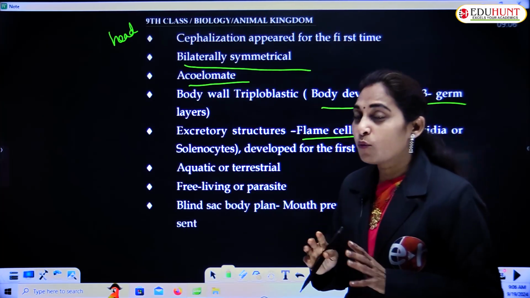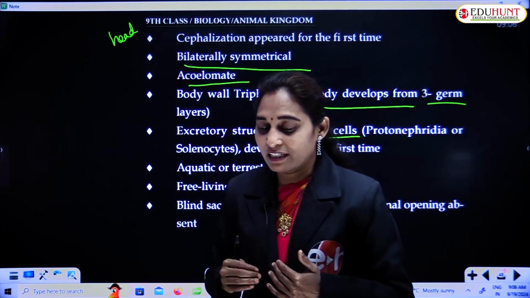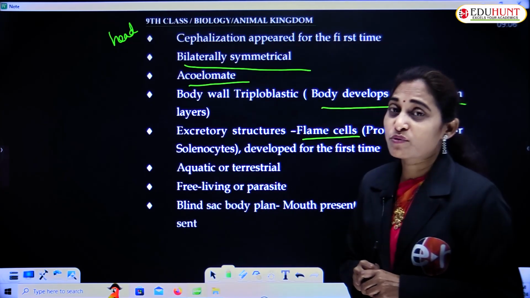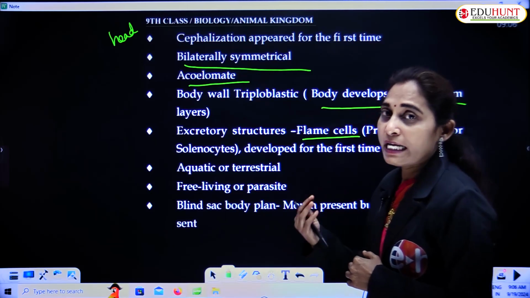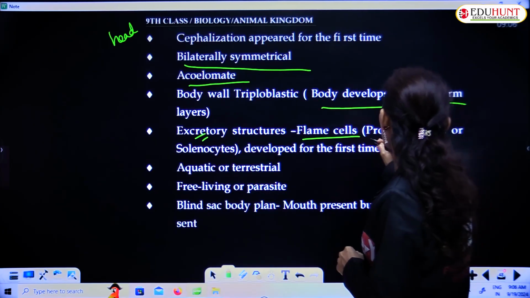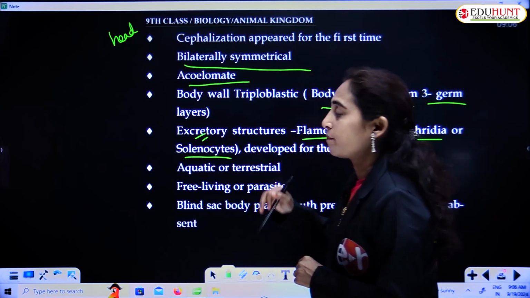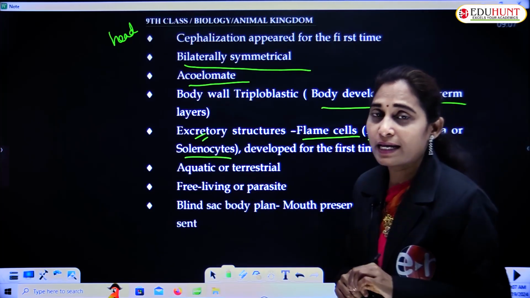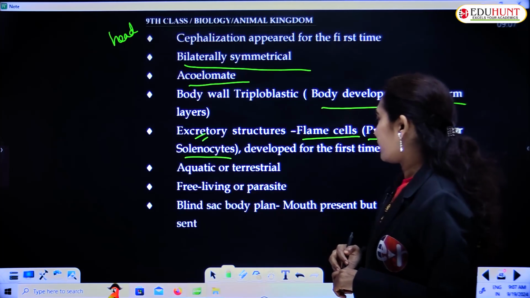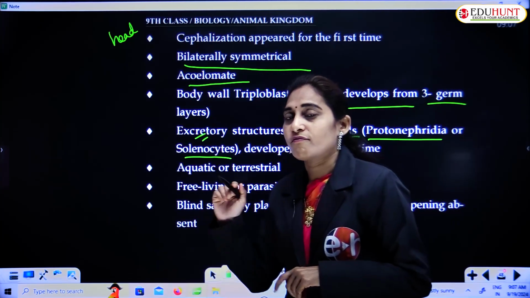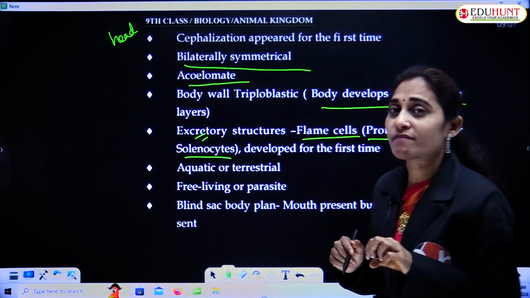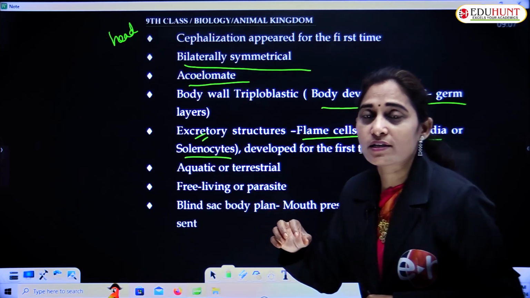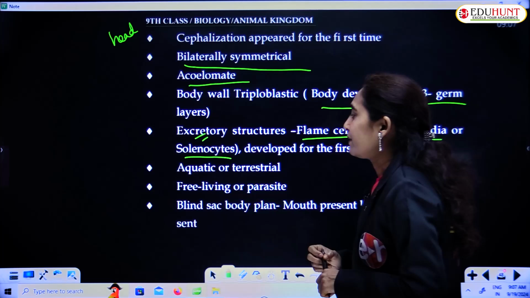Flame cells, like the movement of the flagella, appear like a flame coming from a Bunsen burner. That's why the cells are called flame cells, and the function of these flame cells is excretory. And protonephridia or solenocytes. Solenocytes and protonephridia are the same as flame cells. The function of these cells is excretion, and they developed for the first time in this phylum only. Platyhelminthes is the first phylum in which the excretory cells called flame cells were developed, and these may be